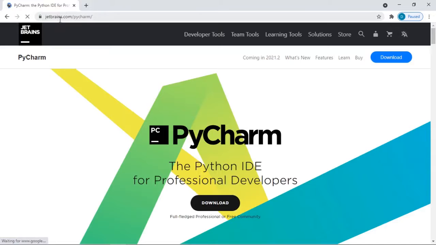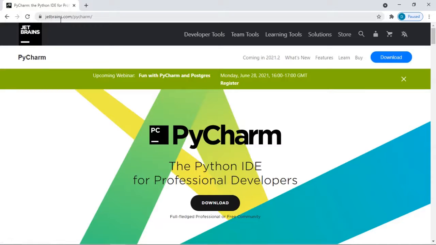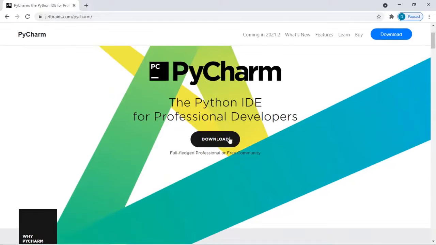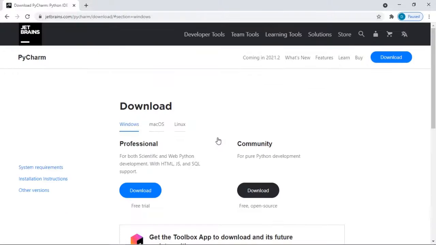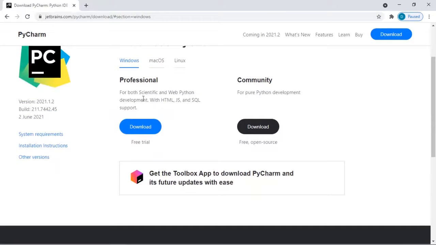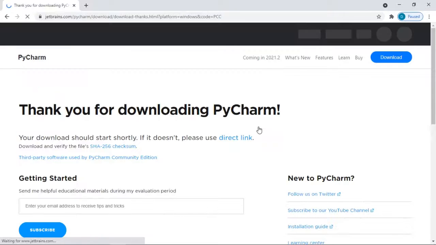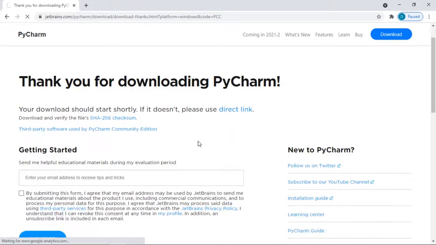This is the website for downloading PyCharm. Click on download. Here there are two versions: one is the professional version and the other is the community version. Community version is free and open source. So I'm downloading this community version. Click on the community version download.